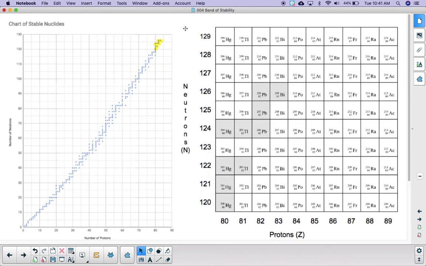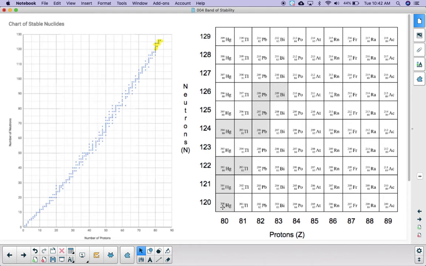Of the 100 possible things you could make using anywhere from 80 to 89 protons and 120 through 129 neutrons, only 10 of those actually make a nucleus that's going to be stable or not radioactive. I've then gone through and filled in the AZX symbols for these. So down here we have mercury, because it's element number 80. All of the things in this column represent mercury atoms. And this mercury has 80 protons and 120 neutrons,